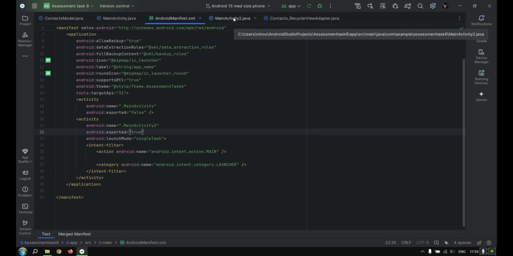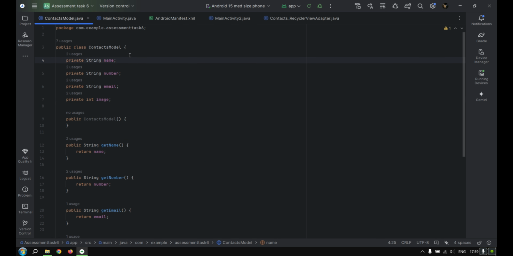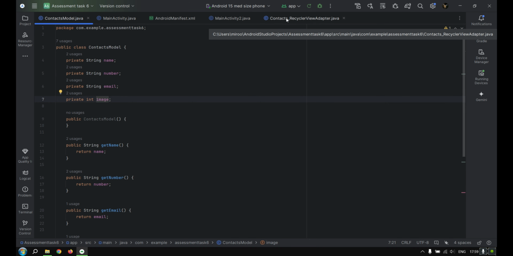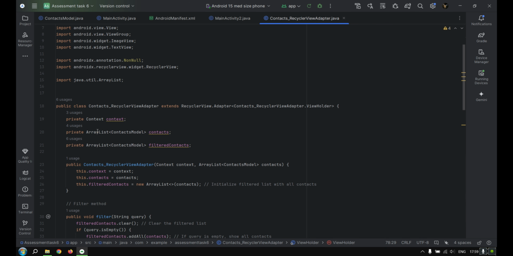pop-up window, because at the beginning it was starting with the recycle view on the background and it was a bit odd to look, so I had to enforce to start with activity main 2, which is just blank screen. Okay, having said that, I also needed a contacts model, that's a class which is gonna have the fingerprints of name, number, email, and image, and I'm going to call it in my recycler view adapter here as a array